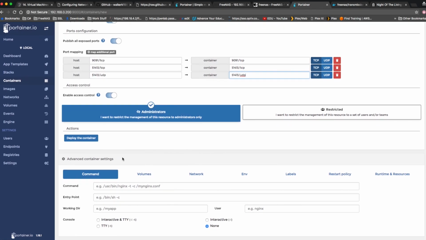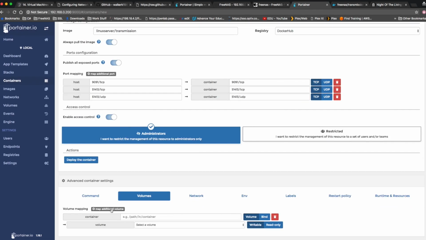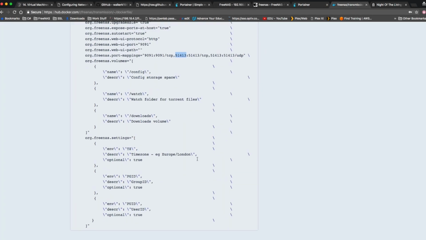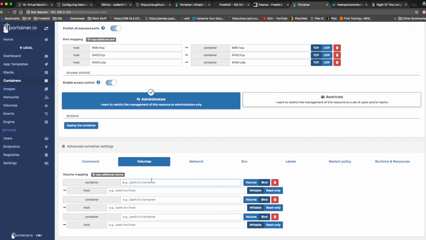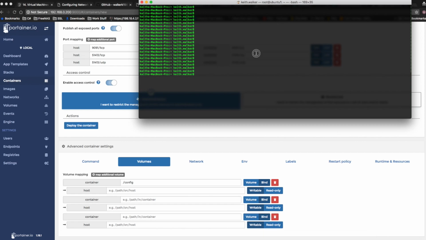Then we're going to come down to volumes, click Map Additional Volume 3 times, and click Bind on all 3 of these. And for these, we're going to grab /config for on the container, and on our host, well, let's go over to our host. We need to create folders for that. So SSH to our Rancher VM,